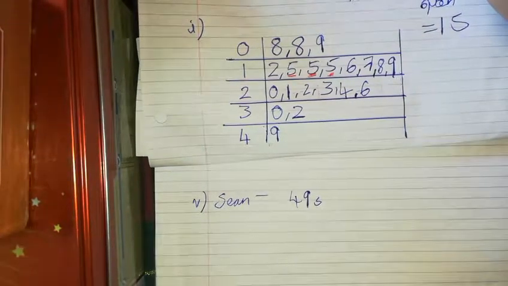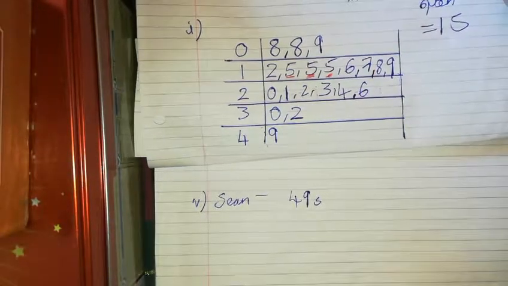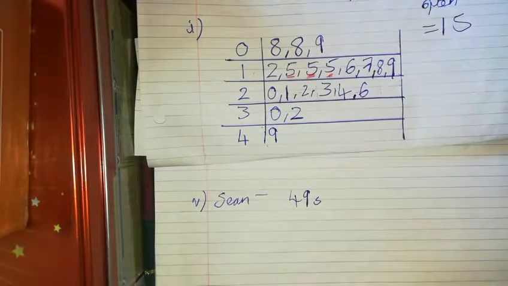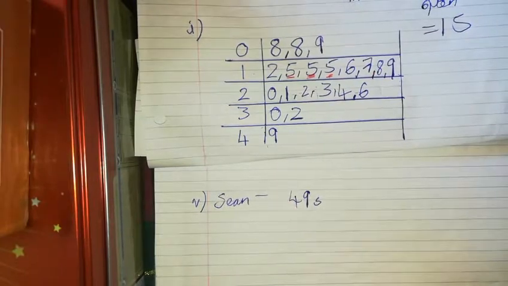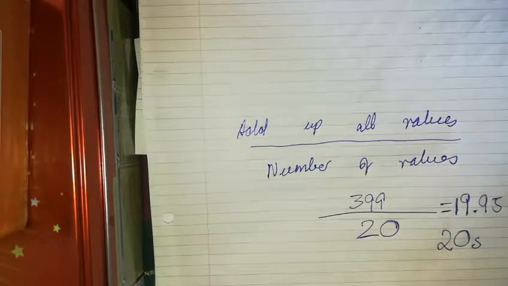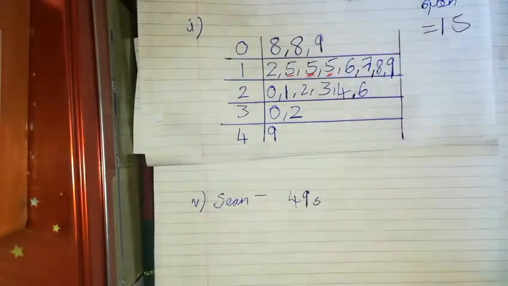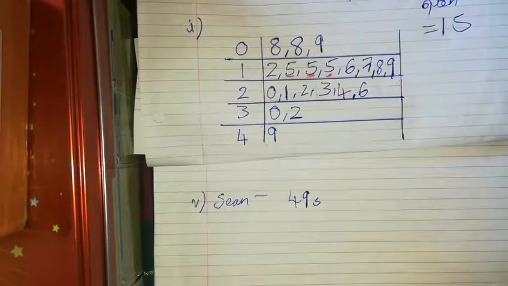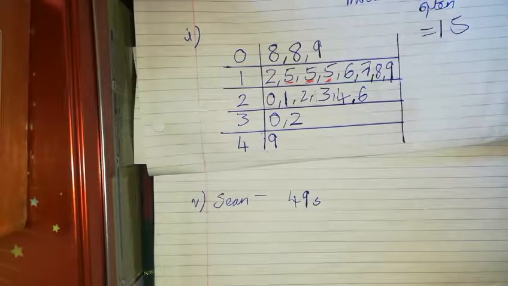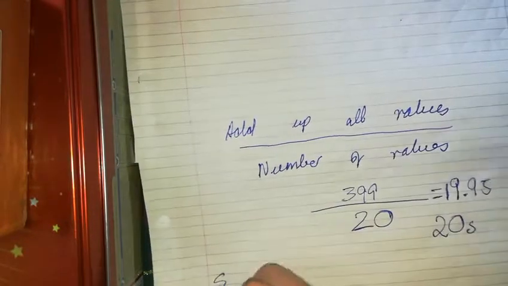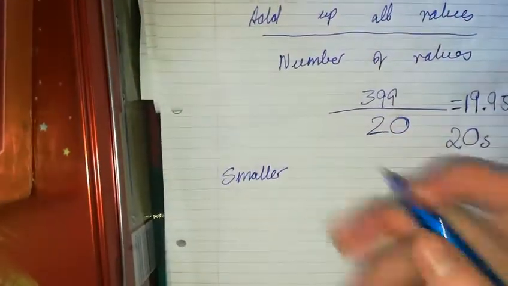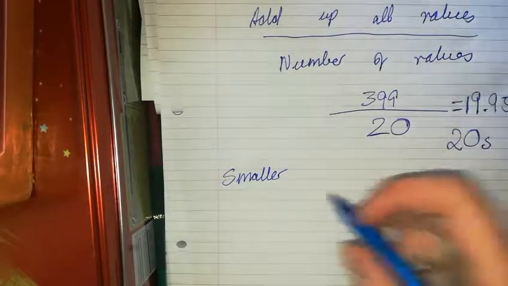The teacher said that she would leave out Sean's time when she calculated the mean. Would you expect her answer to be bigger or smaller than the mean of the whole class? If we include Sean's value in our mean, we're including it as one of our values. That's going to make the average higher. When we have higher numbers involved, the average is going to be higher. But if we leave out Sean's value because he had a problem with his computer, and we add up all the values and divide by the number of values, if we leave out the higher value, we're going to get a smaller mean,